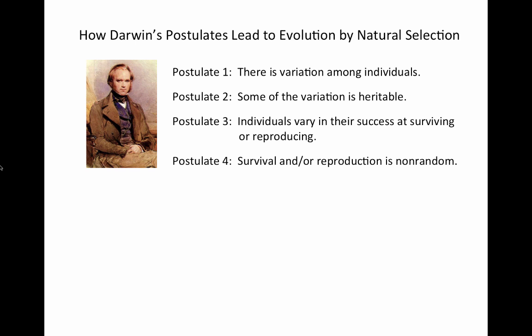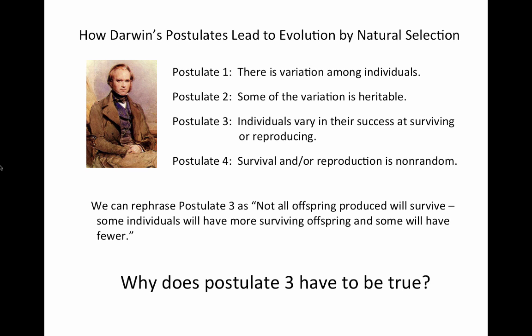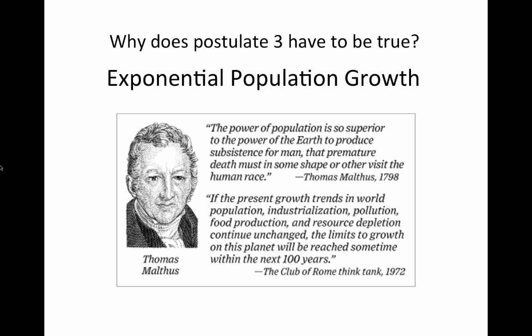So let's think a little bit more about Postulate 3. We can rephrase Postulate 3 as saying, not all offspring produced will survive. Some individuals will have more offspring and some will have fewer. Many, many, many will have no surviving offspring at all. And what I want to show you is that Postulate 3 is true in almost every biological situation you will ever see anywhere. This idea was based on the thinking of an 18th century